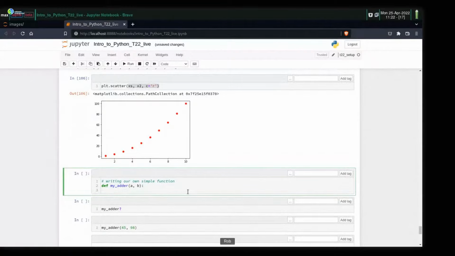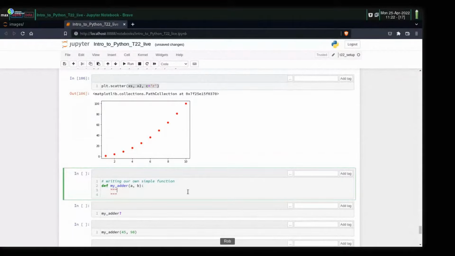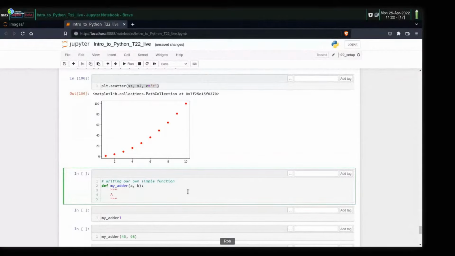And then I'll have a docstring, and I'll show you why we need that. A docstring is going to be a string enclosed in 3 single or double quotes. That simply allows me to have multi-line strings. So I can say add 2 numbers,